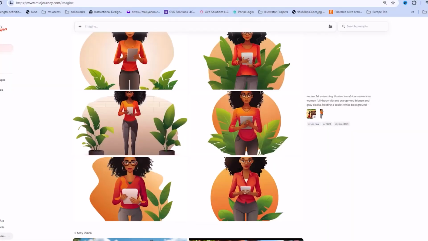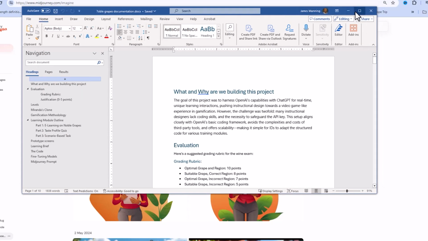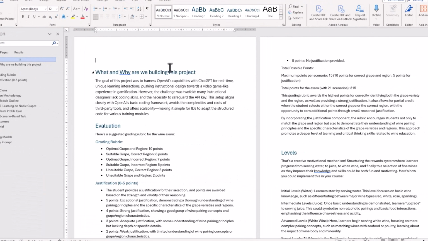So let's talk about this. How do we move Midjourney and 11 Labs and all of these AI tools into a productive environment? And I'm going to showcase this to you because I am working on a project, and this is the project